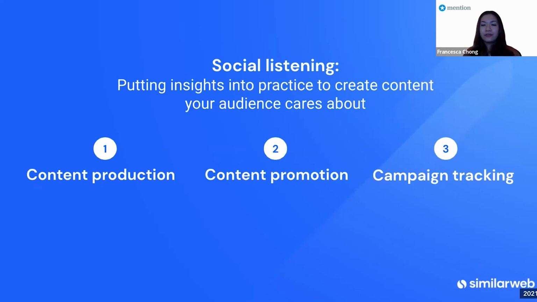What social listening can help you to do is to answer your audience's problems and main concerns using content. So, by tracking the online conversation and seeing what they're talking about, you can see these recurring themes, these recurring questions that your audience might have. And then you can answer that through a blog post, through an informative video, through whatever content means makes sense to you and to your audience.